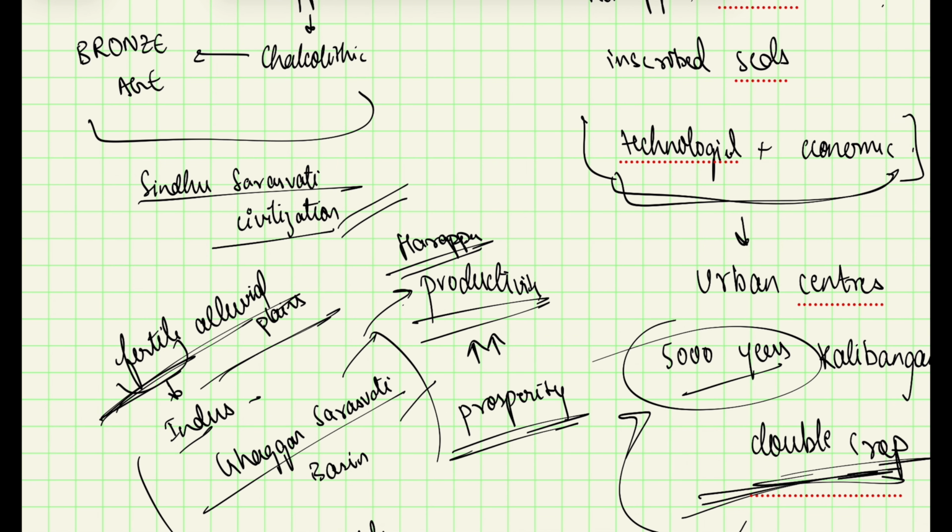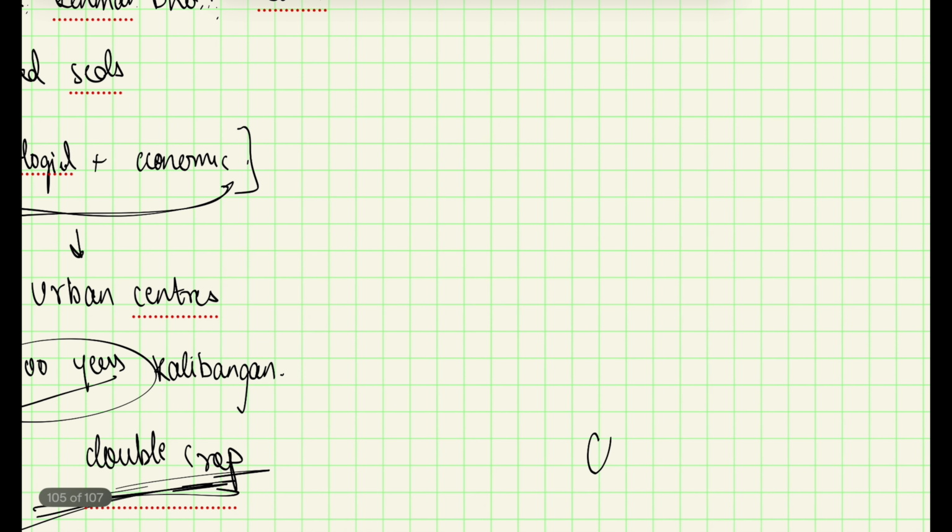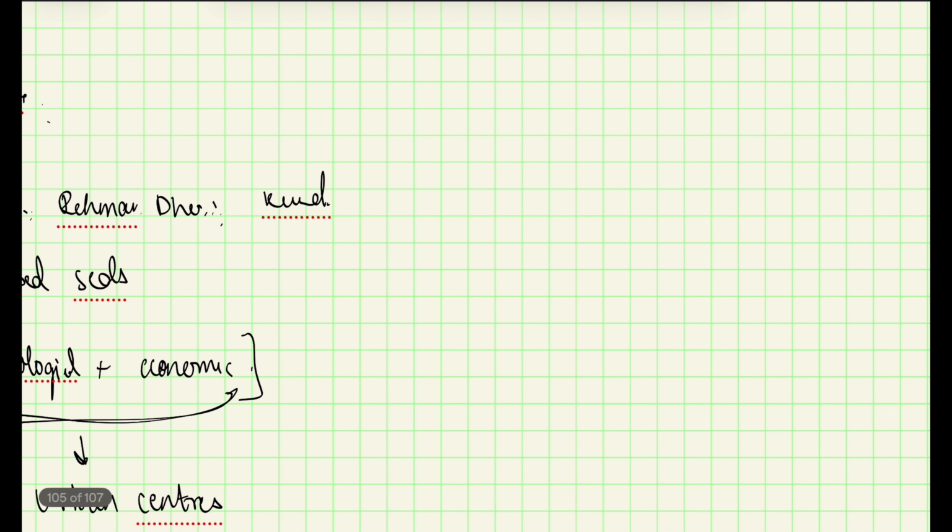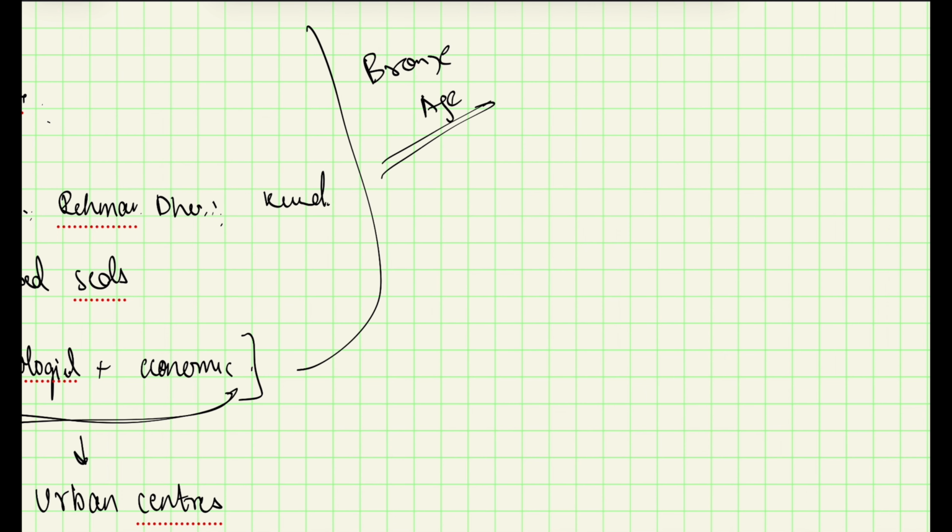these things. So now we'll be moving to the Bronze Age civilizations outside India. Until now we have studied how the Bronze Age emerged in India. And in the previous grade 6 as well, we have studied in detail about this Sindhu Saraswati civilization, how their drains were planned, how was the water management, and all these things. So now moving to the Bronze Age which is outside India. How was it outside India?